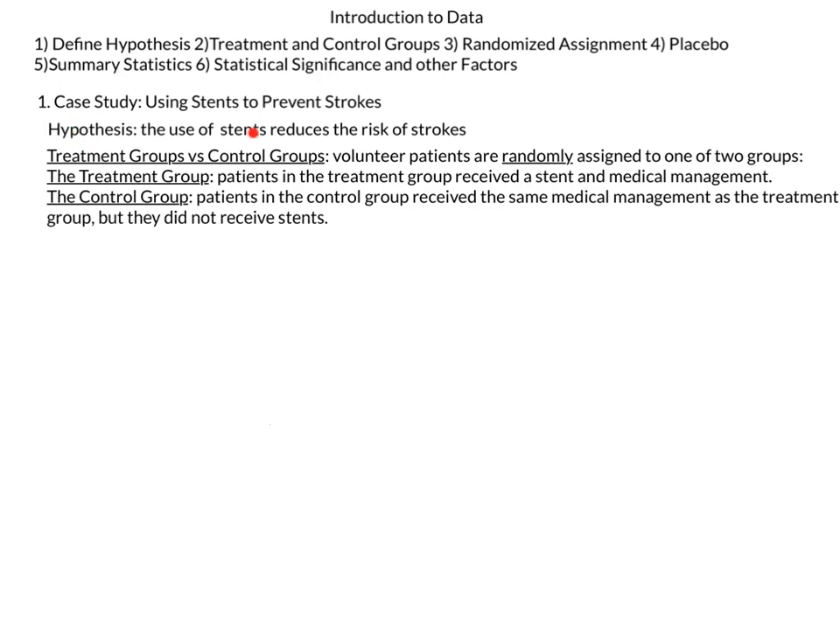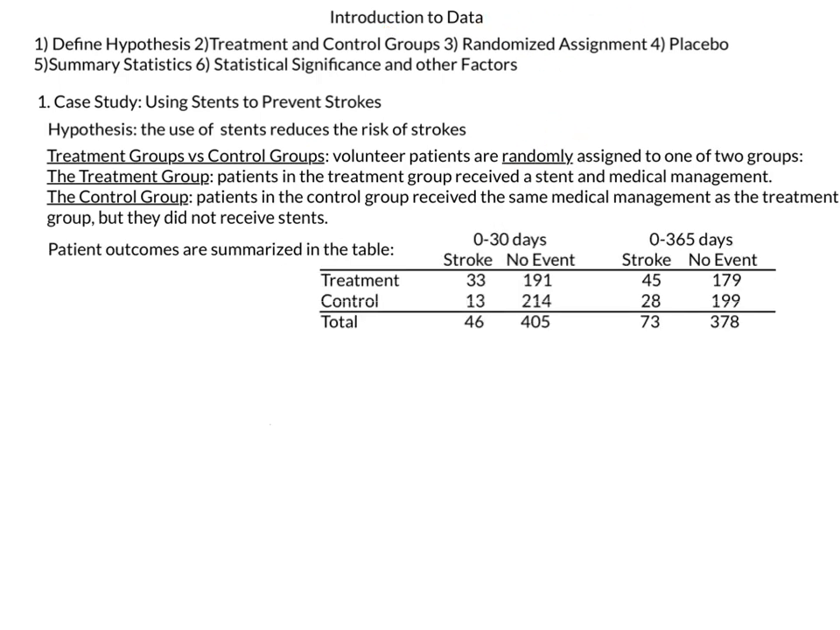But I kept the hypothesis, the description of the treatment and control groups, as well as the randomized assignment to treatment and control groups. Here we have patient outcomes summarized in a table. We check on the patients 0 to 30 days after the stents were implanted, and then we check 0 to 365 days. We ask the treatment group if they've had a stroke or no event after 0 to 30 days,